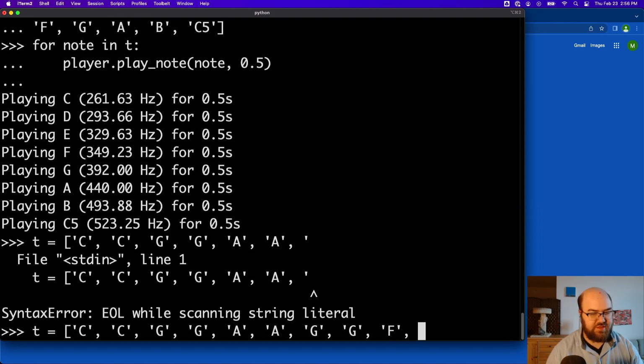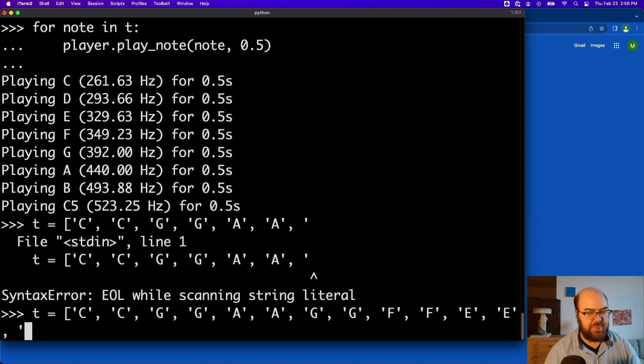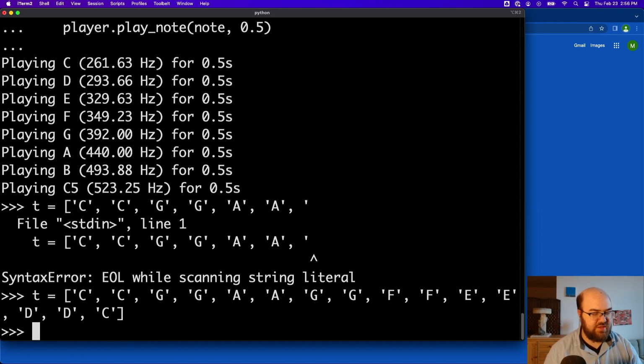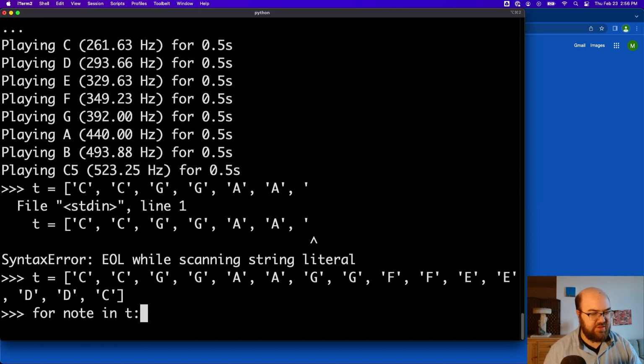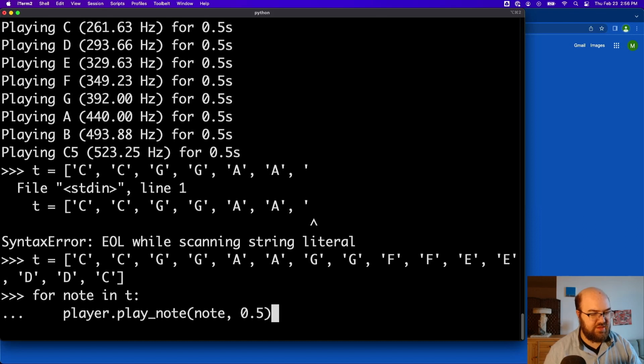F, F, E, E, D, D, C, that's it. Now go back to our other code, for note in T, player.play_note, and hopefully this sounds